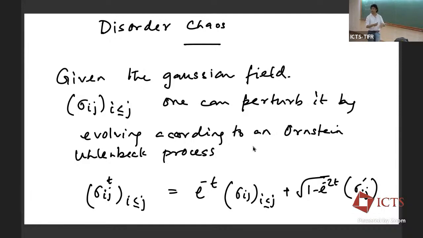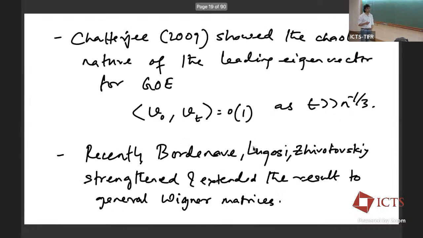eventually formally state will be in the Gaussian setting. Okay, so this is one canonical way to perturb the underlying Gaussian process. And so, okay, what is known? Chatterjee in 2009 showed that if you do this evolution of the underlying Gaussian entries of this random matrix,